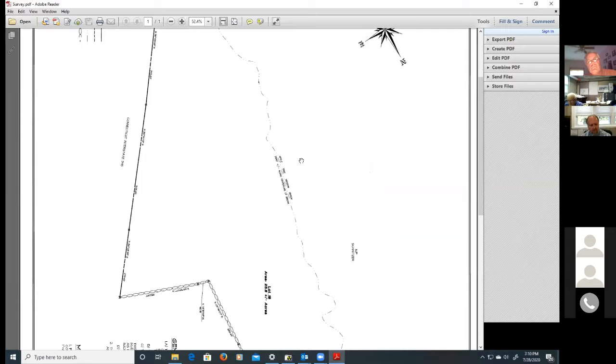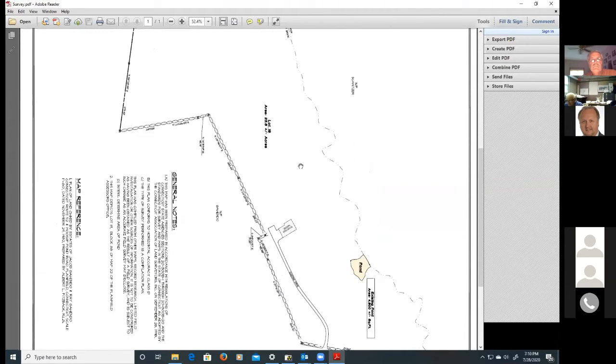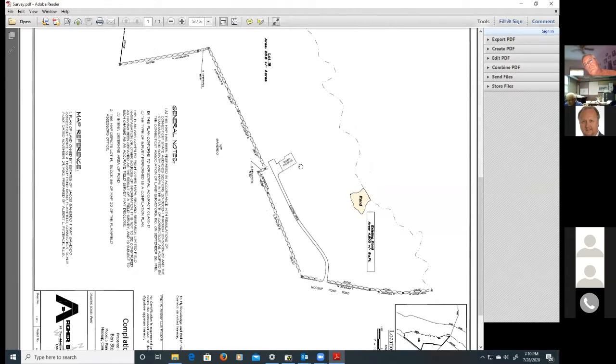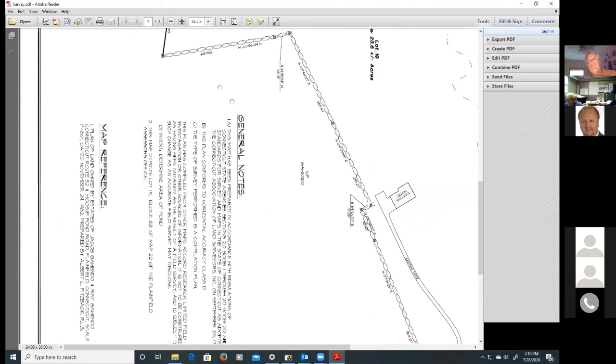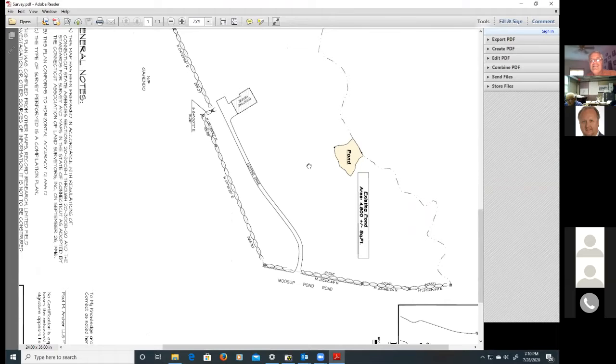Ben, you there? Yes, sir. All right, go ahead. What do you want me to say? Okay, well, we went through this last month, I should say. Correct. What Ben is looking to do is he wants to just clean the muck out of the historic farm